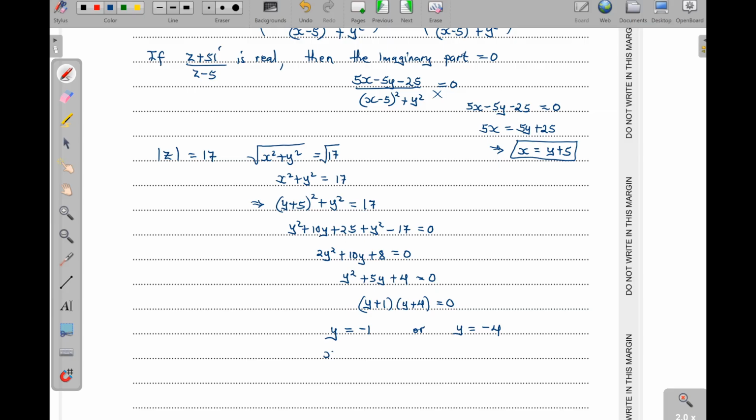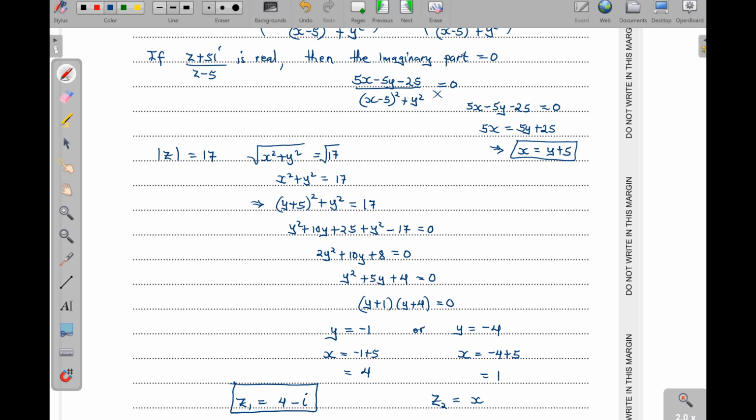And then what would be x when y is -1? We shall have -1 plus 5, which is actually 4. And here we shall have -4 plus 5, which will give us 1. So z1 can be x, which is 4, and y is -1. So I'll write 4 minus i, since -1i we don't write it like that. And then from there, z2 is going to be equal to x is 1,